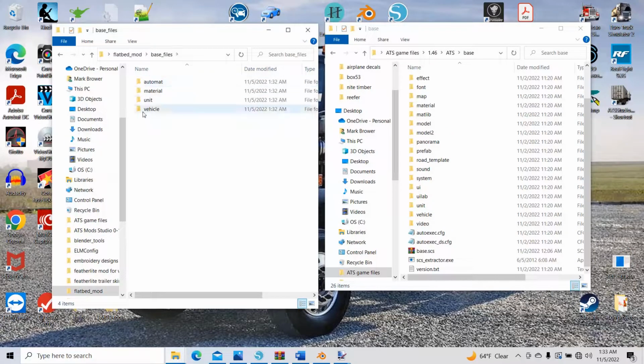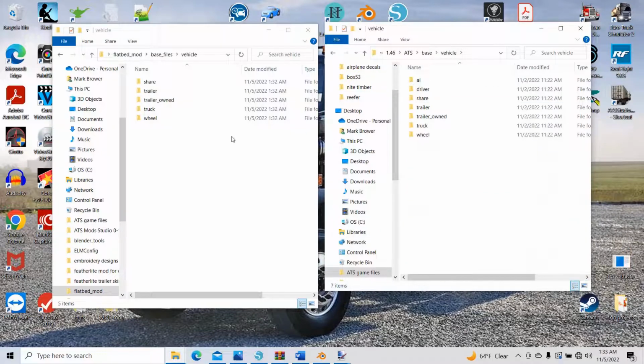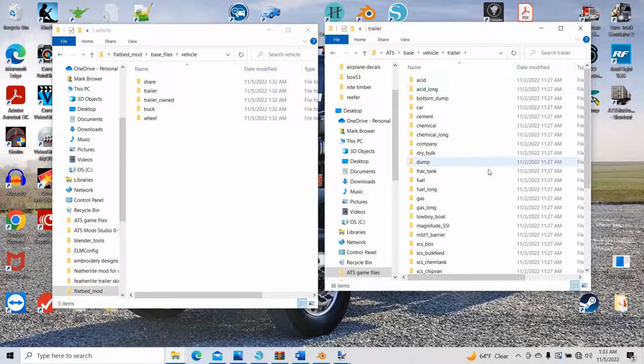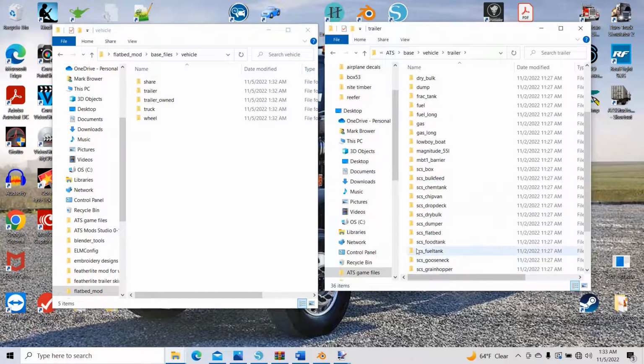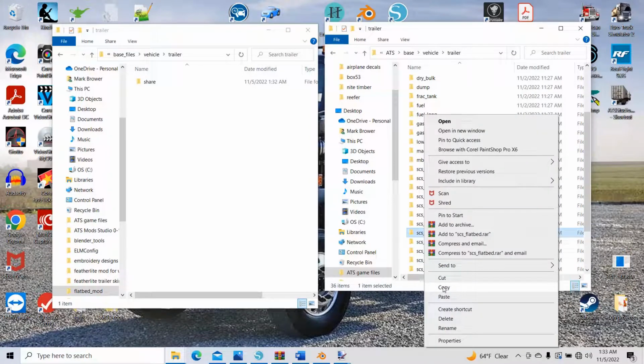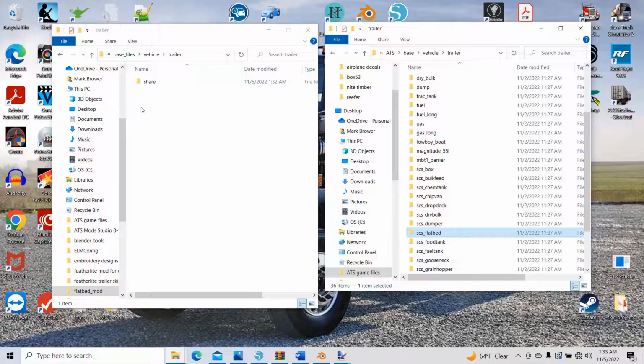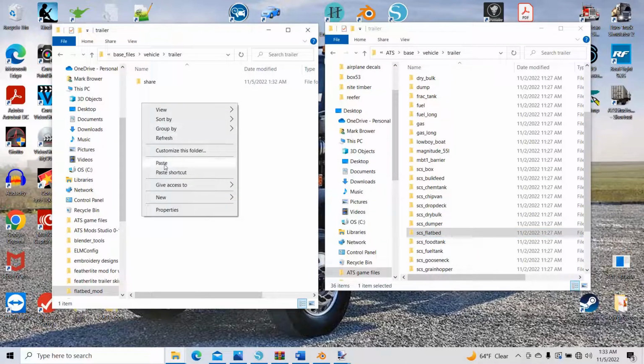So I go back in base, and I'm in my vehicle folder. Alright, so just like our vegetable beef stew, I'm going to start adding meat to our stew. First of all, I'm going to go to this trailer folder, since I'm working on a flatbed trailer, and I'm going to look for the folder that says SCS flatbed. So here it is. I go into my trailer folder, copy this SCS flatbed trailer folder, and I'm just going to paste it